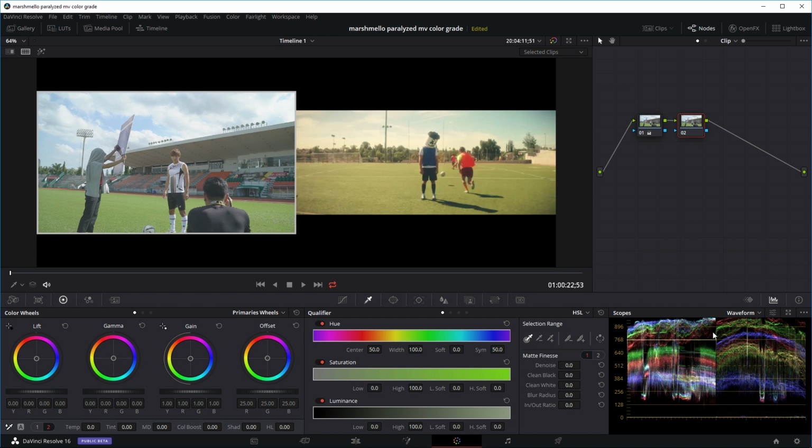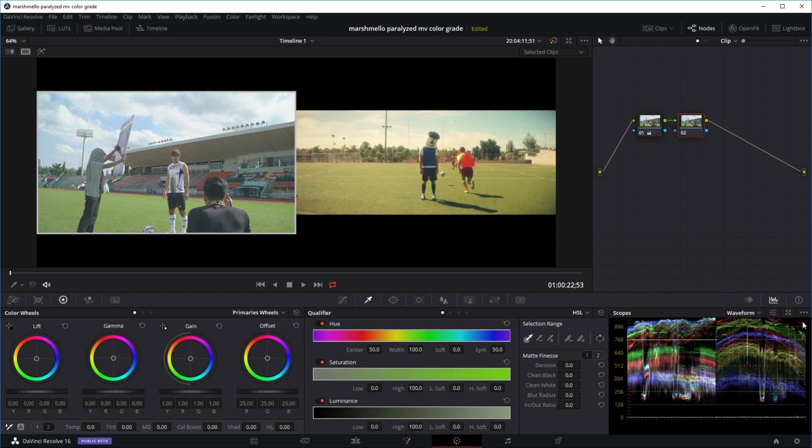So the first thing is obviously it's tinted towards orange or yellow or red. But how much red, how much orange, how much yellow, and where is it: in the shadow, the highlight, or the mid-tone? So the first hint we might be able to see is if you look at the waveform of the music